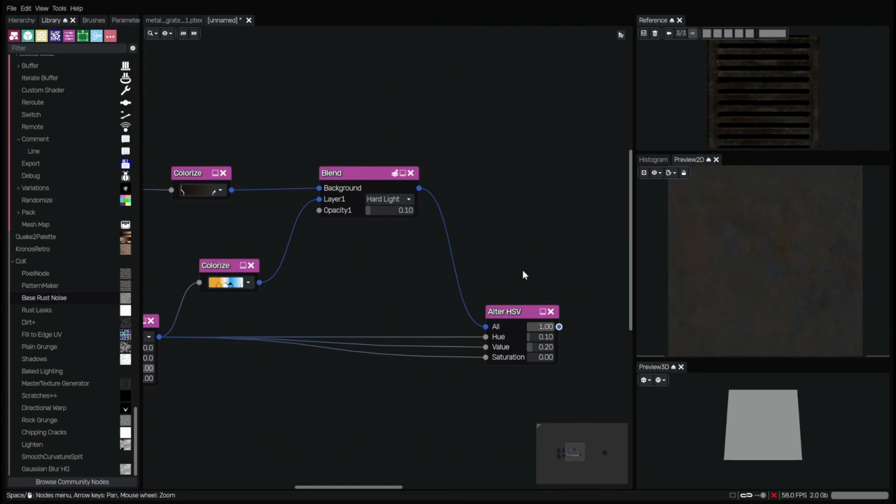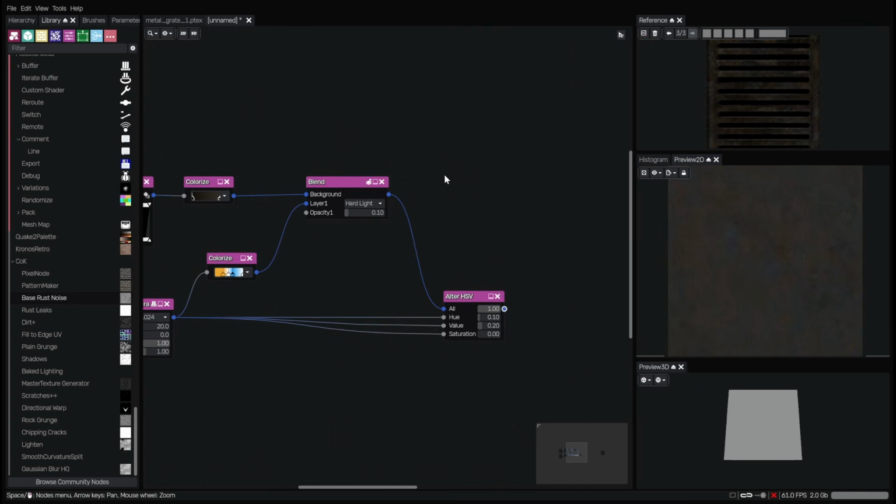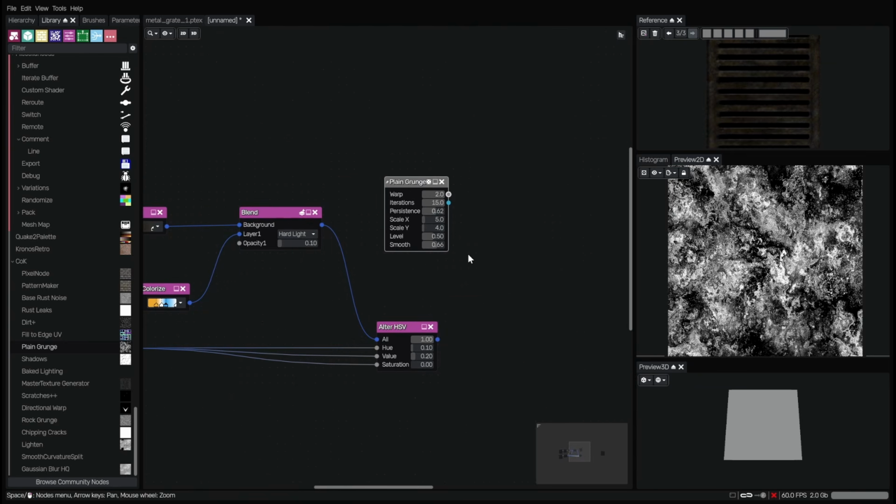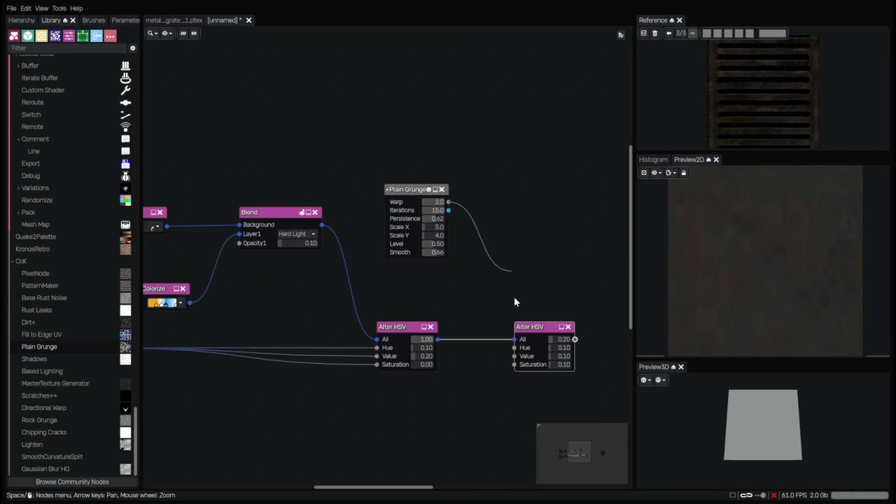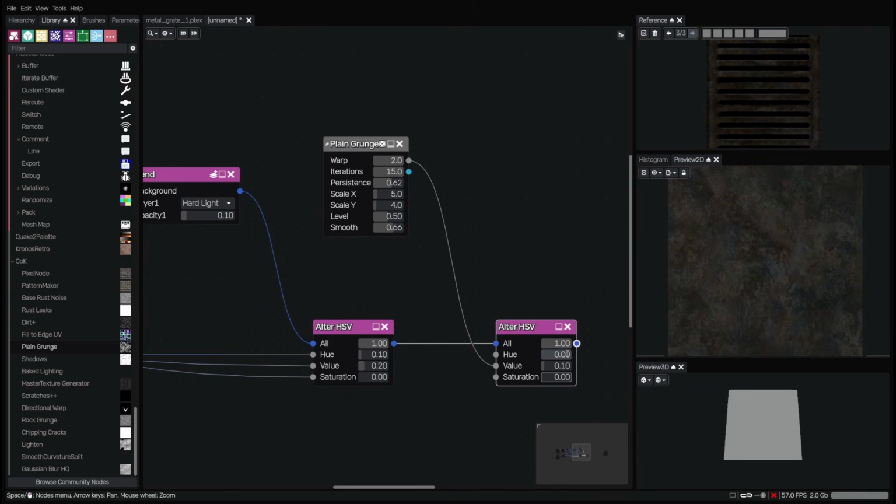That's the new one. All right, we're going to do the same thing again, except we're going to take a new noise, a plain grunge. Again, this is in that node package that I showed you earlier. Default settings are totally fine, or you can use just a random noise if you want. And we're going to alter the HSV again. We're just going to do the value setting. Zero these out, set that to 0.2, and then adjust our